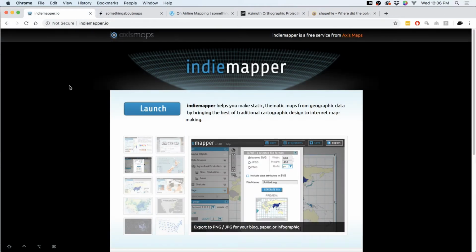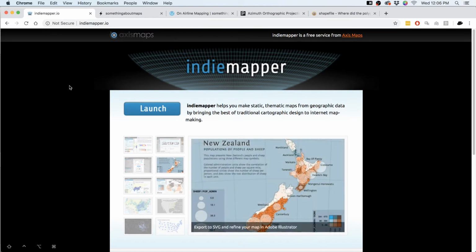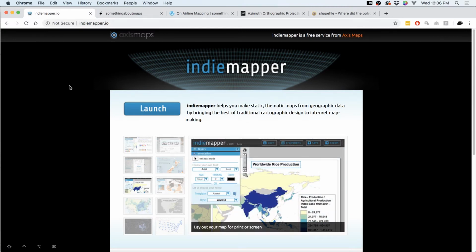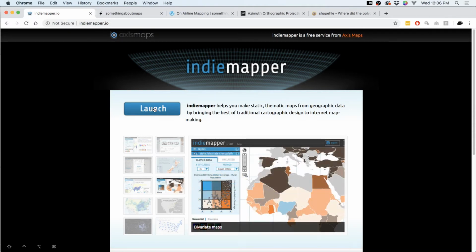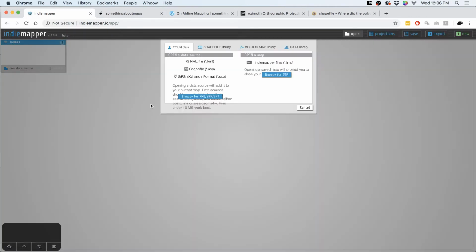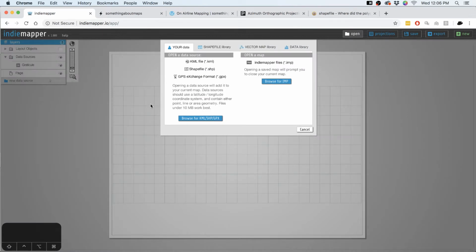IndieMapper at indiemapper.io is a free online mini map creation tool. It's kind of a little GIS, but it's geared specifically toward creating cartographic products. And it does require Flash to run. Nowadays we kind of take things like this almost for granted. There are all these products and companies out there that produce all these little online wizards to help people who maybe are less fluent in cartographic techniques and knowledge, to help them produce maps quickly and easily in a little GUI and a wizard.